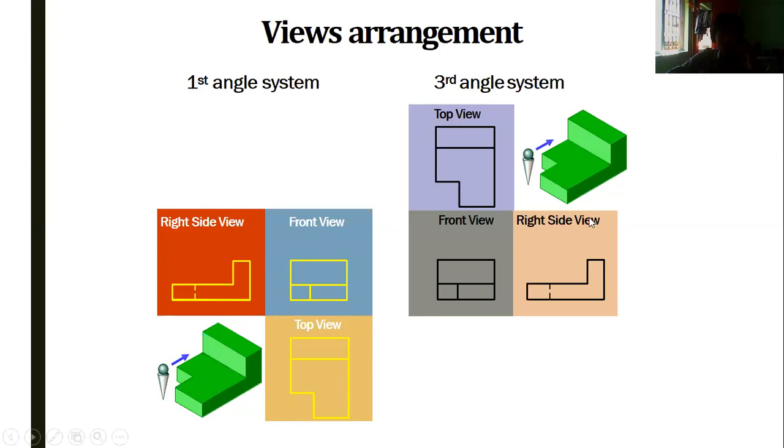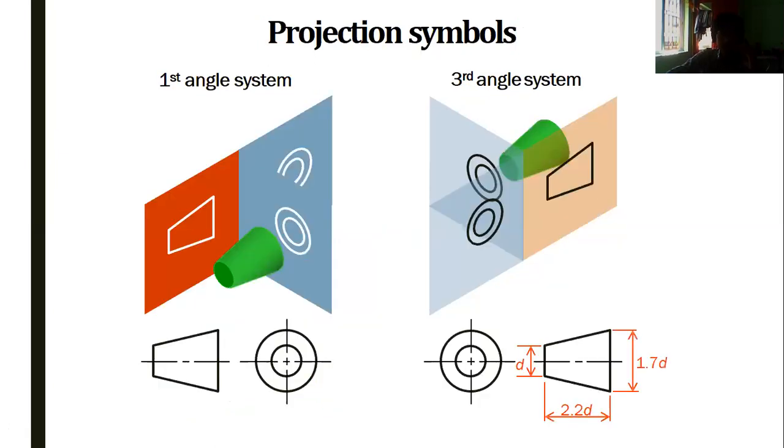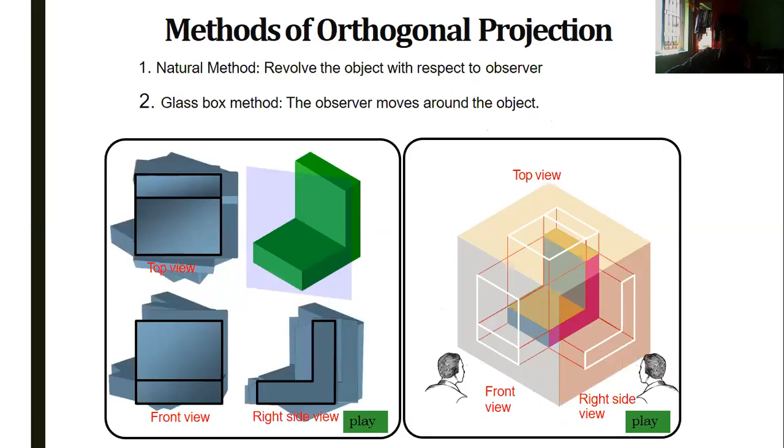So in the third angle projection, the right side view is always to the right of the front view, okay. And next, projection in this is the first angle. These are the symbols. With this symbol, you will identify whether you are drawing in the first angle projection system or in the third angle system, okay. So this symbol has to be drawn on the drawing sheet, so that you can easily identify whether your drawing is in first angle projection or in third angle projection.